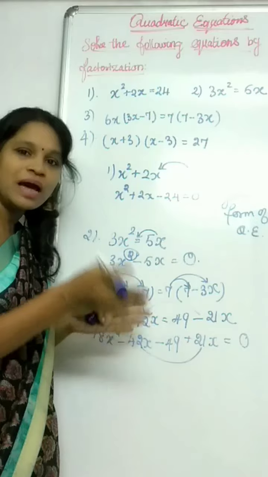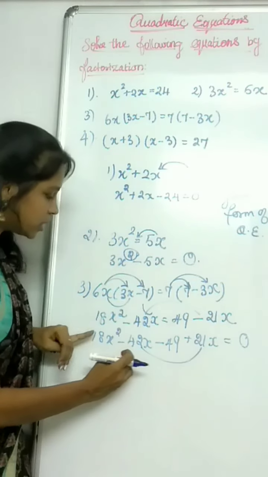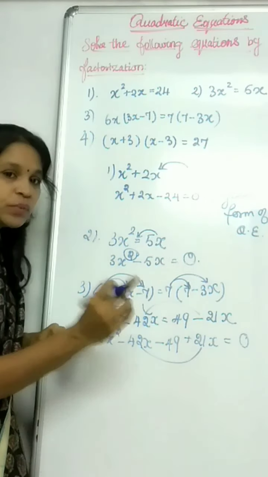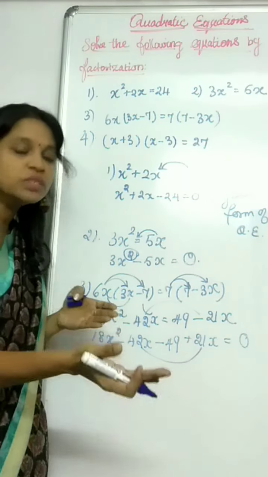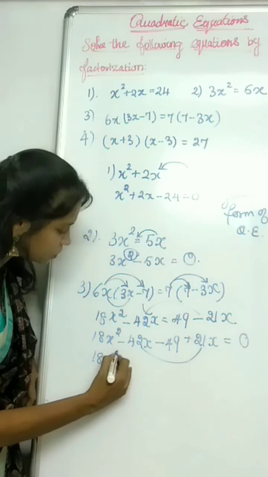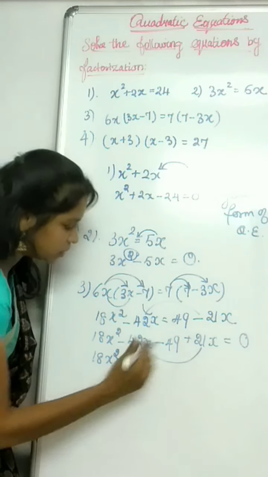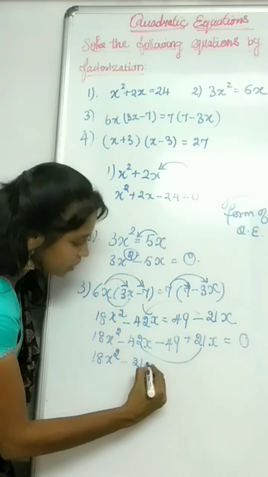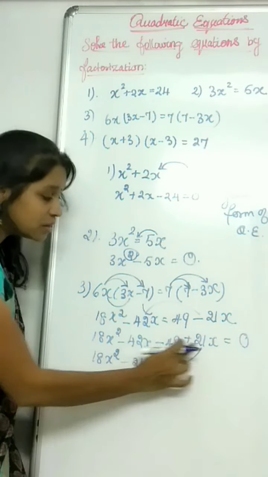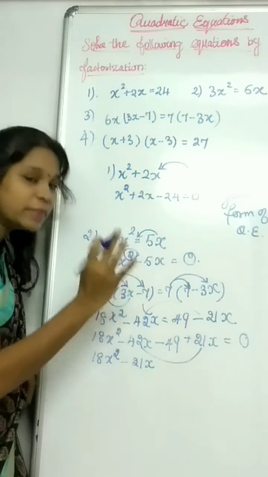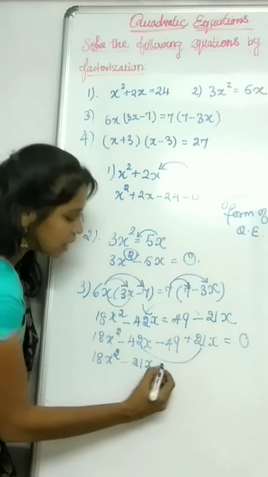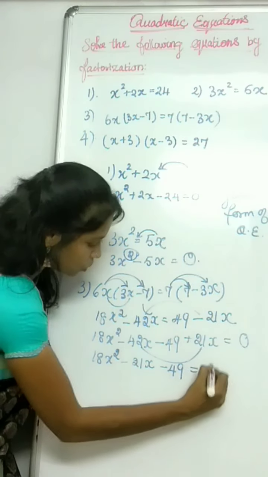So like terms can be added or subtracted, right? Look at the sign of the terms. Here one number is plus and another number is negative, which means we want to do the subtraction. So 42 minus 21. If you subtract these two, you arrive at the answer minus 21x. Why have I left the sign as minus here? Because the higher term is 42. Yes, 42 is the bigger number, so that sign you should leave in the answer. And the last term is minus 49 is equal to 0.